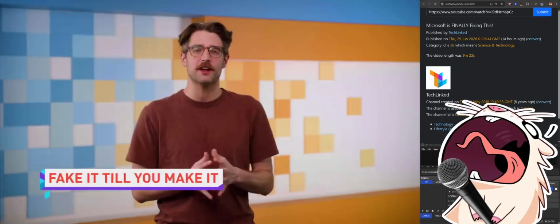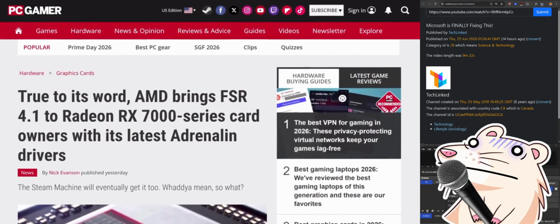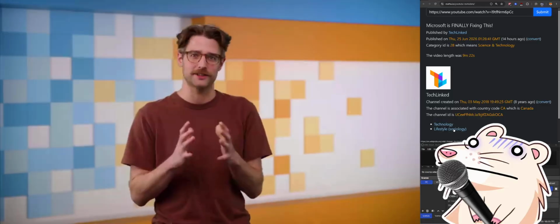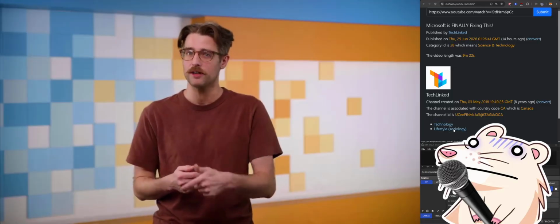AMD's latest Adrenalin drivers bring FSR 4.1, its most recent AI upscaling frame gen tech, to previous-gen RX 7000 series GPUs, and despite running on the older hardware, it's a clear step up from earlier FSR 3, landing almost on par with NVIDIA's DLSS 4.5. I say almost because claiming AMD is on par with NVIDIA is a fast way for reviewers to get uninvited by Jensen from the Thanksgiving family dinner. These are notably the cards AMD had implied FSR 4.1 couldn't run on,